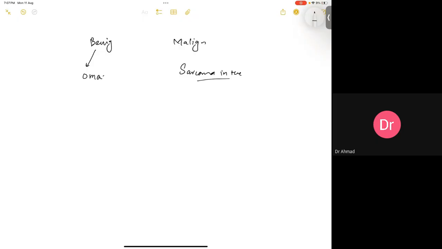We'll have a radiolucent core surrounded by reactive bone, right? We discussed that the pain of osteoid osteoma can be resolved with aspirin. It's going to be less than 2 centimeter. While in case of osteoblastoma, the pain won't resolve with aspirin and it is going to be greater than 2 centimeter,